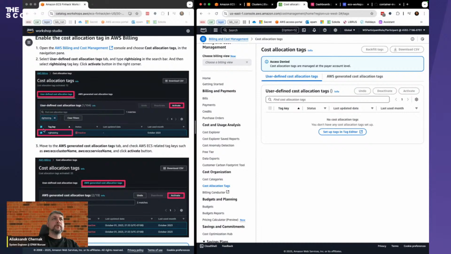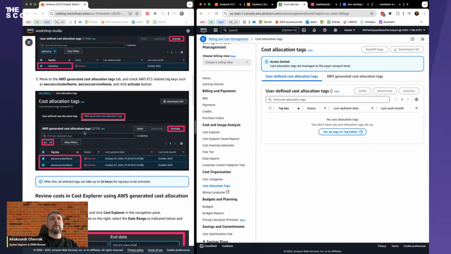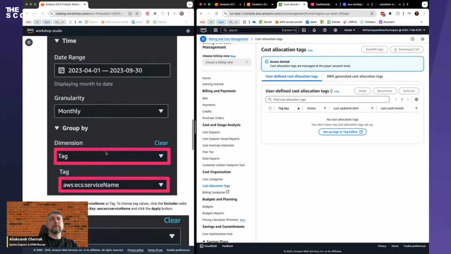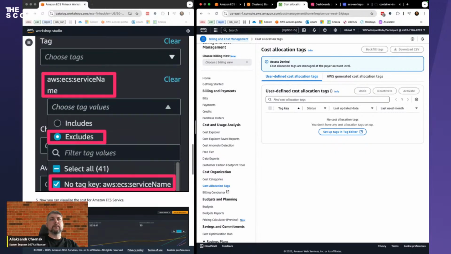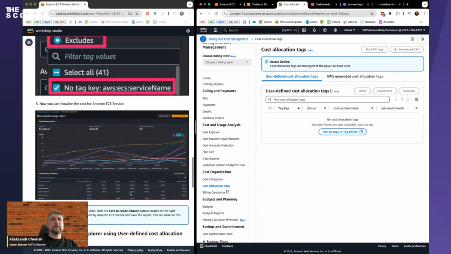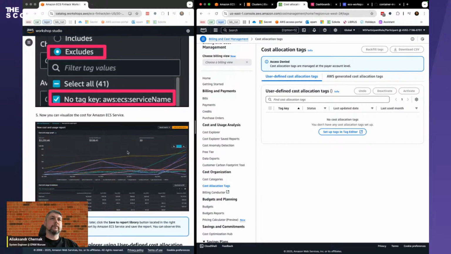How it will look, you can find your resources that you marked by tag, and then you can review cost in Cost Explorer only for this one. It will help to investigate and know what we are using. It's a kind of custom mark for your resources in AWS, because in Cost Explorer you can try